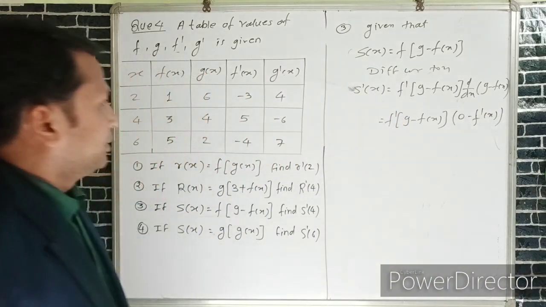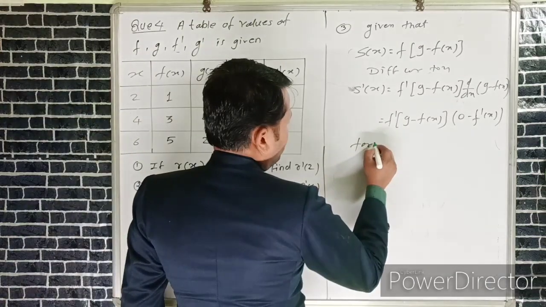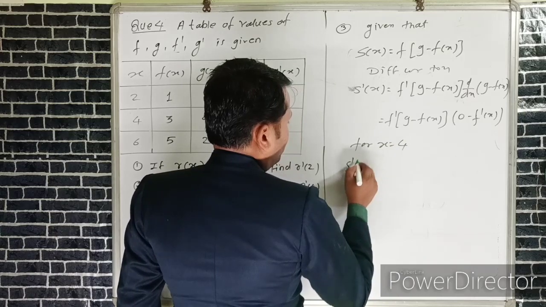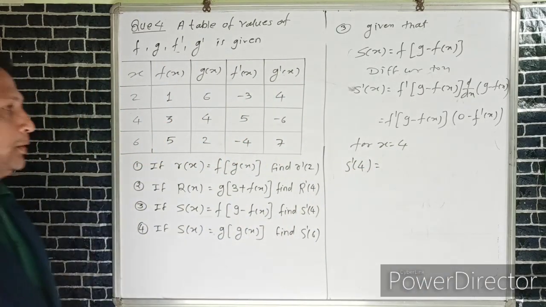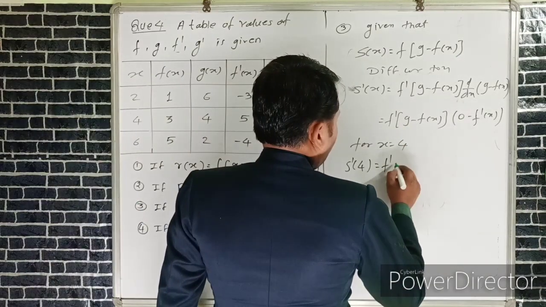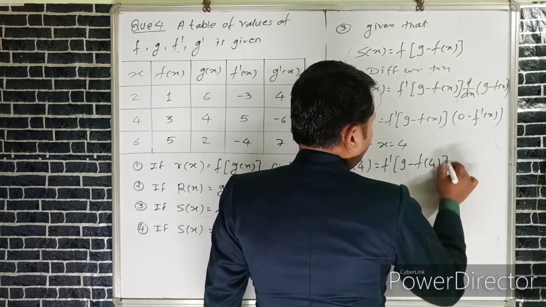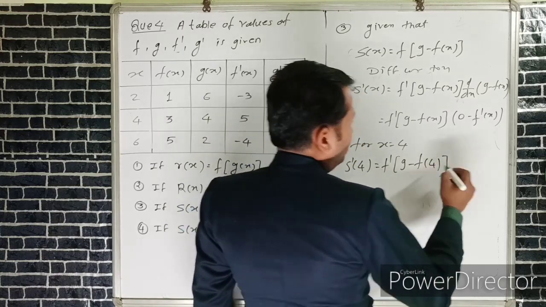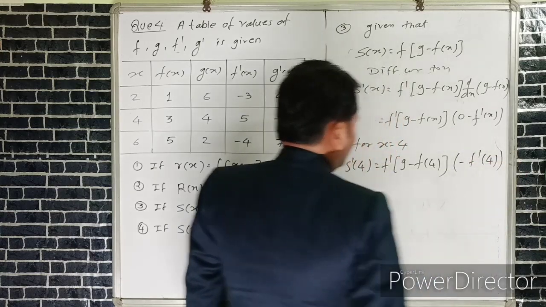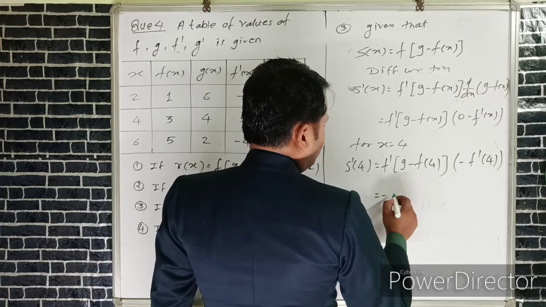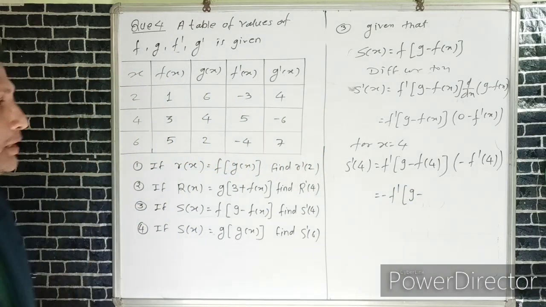After that, if we replace the value of x with 4, then we get the required answer h dash of 4. If we replace x by 4 in every term, then we get f dash of 9 minus f of 4, into minus f dash of 4. The negative sign, minus f dash of 9 minus the value of f of 4 is,